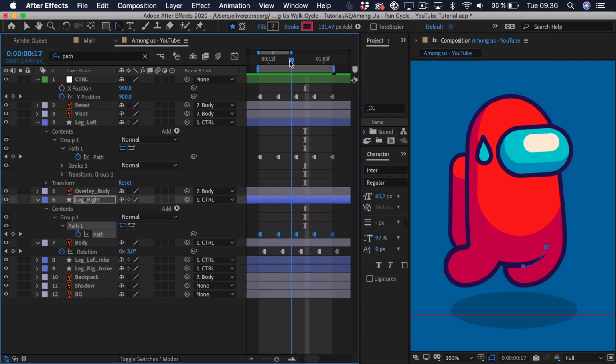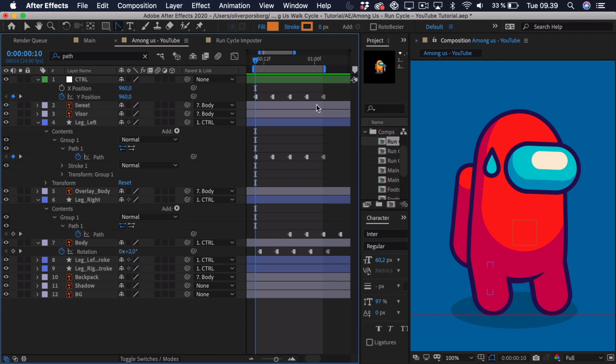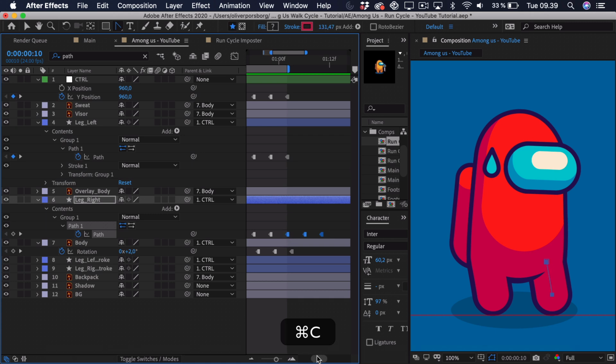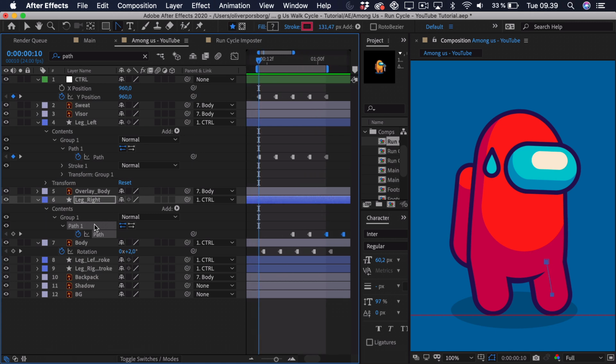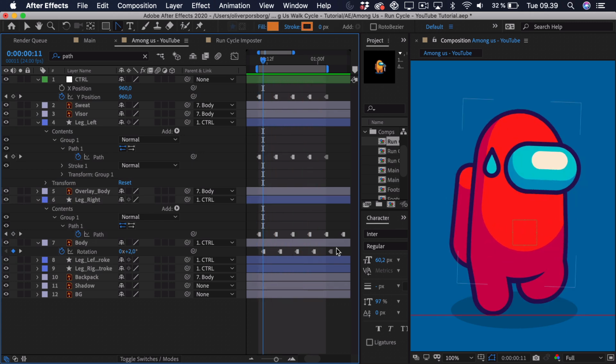other. That means that if we go to a position where the left leg is all the way back, we want the right leg to be all the way forward. So you can do this by taking the keyframes and just dragging them so the first keyframe is in the center position. Then we want the animation to start with the same keyframe that it ended with. So therefore we can take the last 3 keyframes, copy them, go to the very start, and then just paste